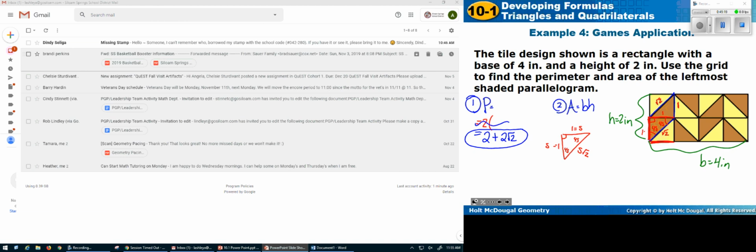Are you guys with me there? All right. And then area, we would just have our base and our height, 1 times 1, which would just be 1 unit squared. Okay? All right. And if you need help with that, again,